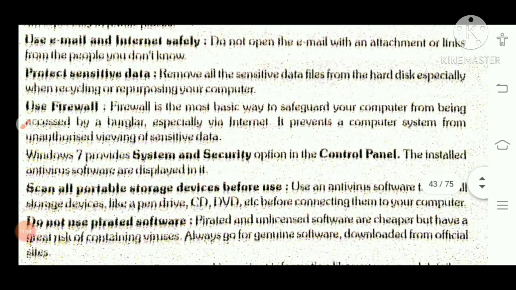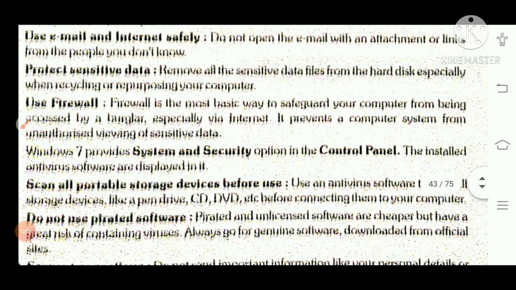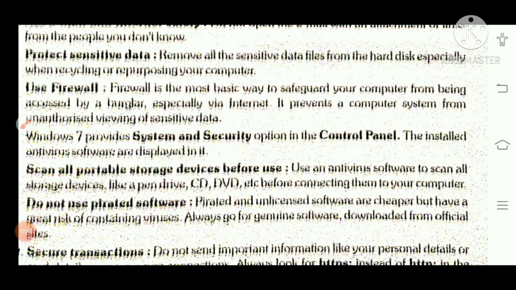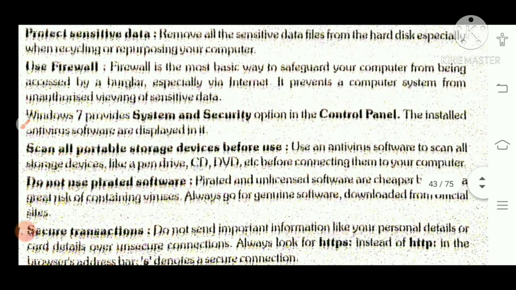Next is protect sensitive data. Sensitive data, children, you have seen that your password is a sensitive one. Okay, so no need to share your password with anyone. Second, if data is sensitive, you will use an encrypted form. Encrypted form, you have seen on the password. Okay, some bullets are there, some stars are there, so that not anyone can read it. So this is the sensitive data. You can protect it by encrypting it.